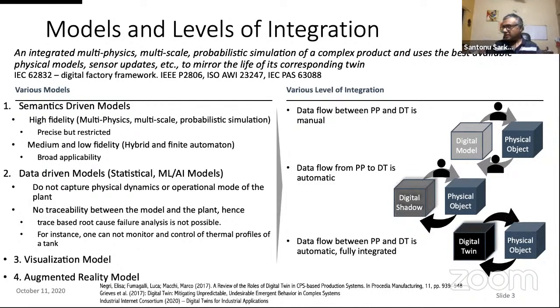And there are now standards which, so in other words, these physical objects are connected via LAN. Okay, and they publish the events periodically as they run, which basically shows their internal state. So that data, when it is connected to LAN or maybe through a wireless network, assuming that there is 5G kind of connectivity in the plant, is streamed, and that data is collected to the digital twin.